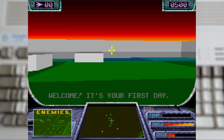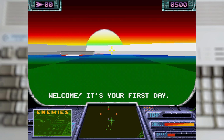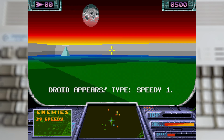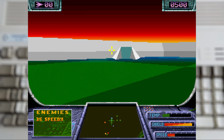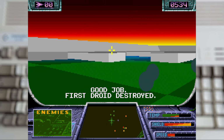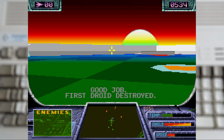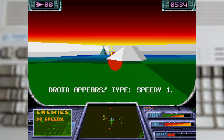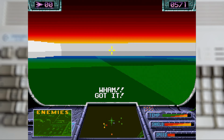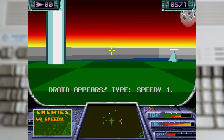And the game itself was a few years old by this point, but it's still a lovely looking full 3D title, and it runs really smoothly on an A1200. The game itself is a bit of an arena shooter, and you have a day to take down as many drones as you can, as they'll just keep spawning in. And you have to use your glider to take them down,